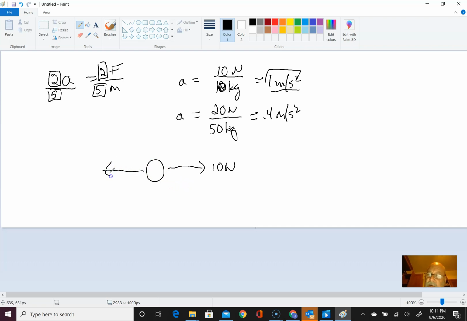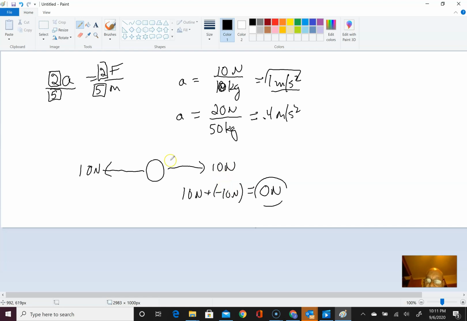But what if I have a 10 newton force in the opposite direction? I'm going to have 10 newtons plus negative 10, and the overall or net force is 0 newtons. And since there is not a net force acting on this at all, there's a 0 net force, I would have